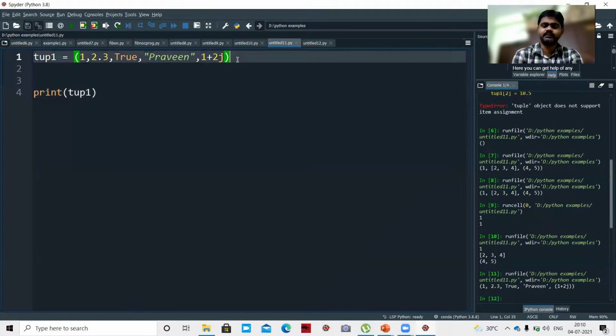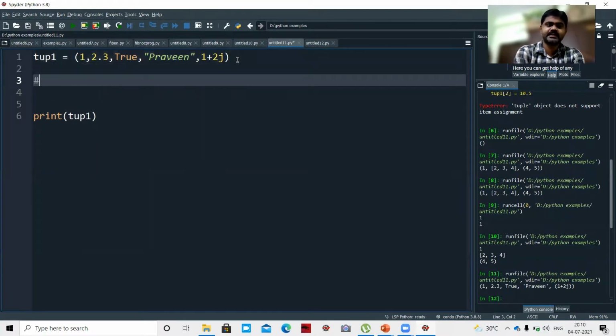The first way of accessing elements is through indexing. What is indexing? The same thing applies for the list as well. The starting element will be your 0th index, the second element is the first index, the third element is the second index, and the fourth element will be your third index, like that.